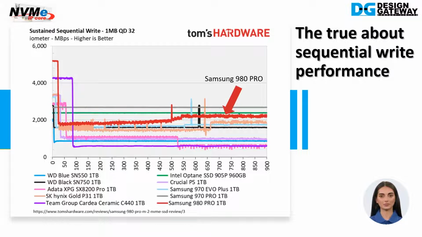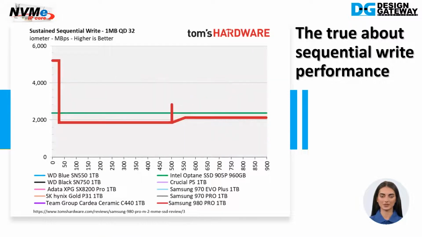There are only two SSD models in this test, the Intel Optane 905P and the Samsung 970 Pro, that show stable and consistent sequential write speed for the entire disk, which means that both SSDs implement fast flash memory technology on the entire disk, not just in the cache region. Comparing the Samsung 980 Pro and the Intel Optane 905P, you can see that for full disk writing, the Intel Optane 905P can provide higher performance and more stable write speed. Anyway, there is no guarantee that write speed on Intel Optane or any other SSD will not drop